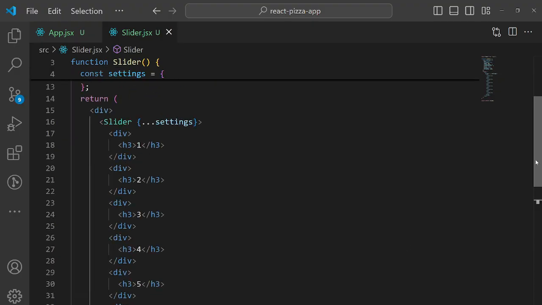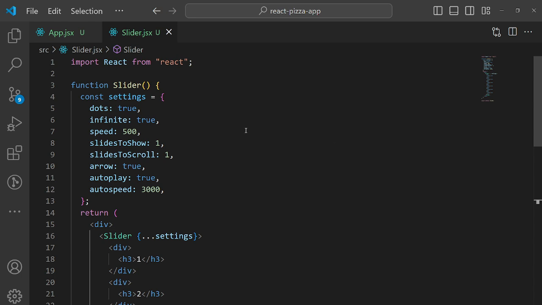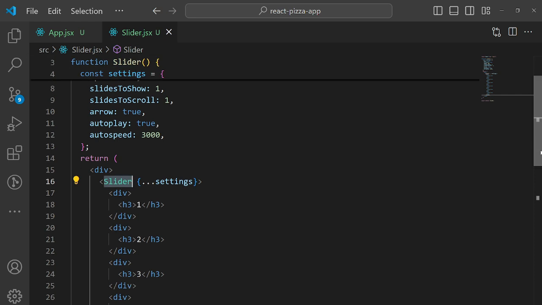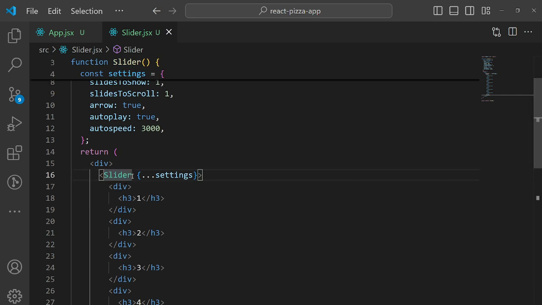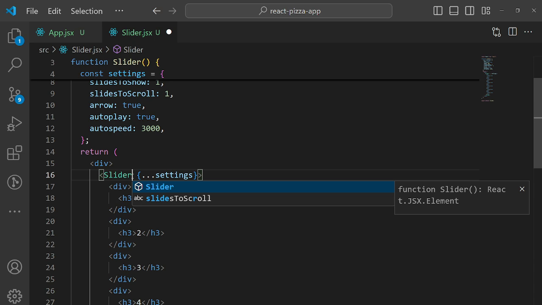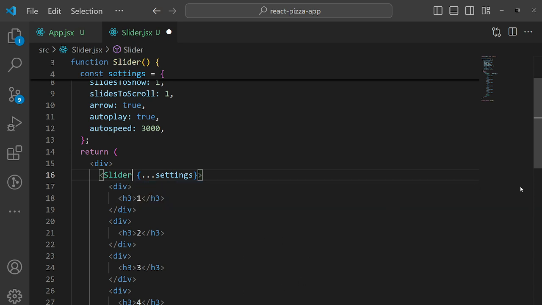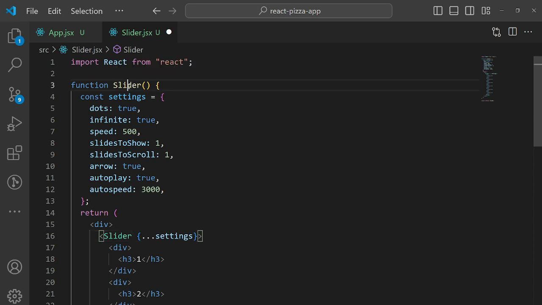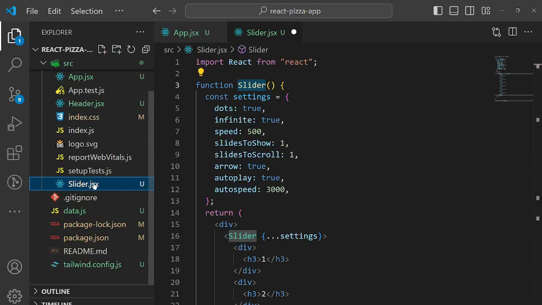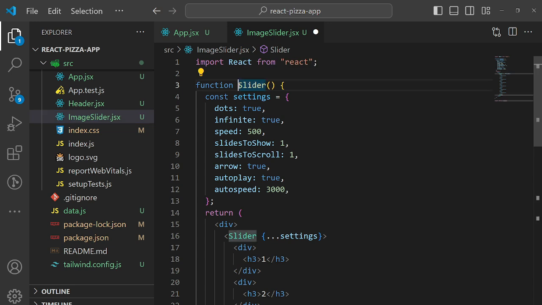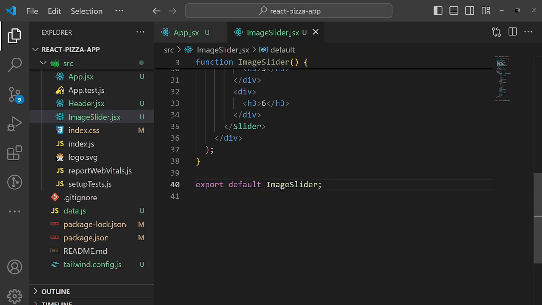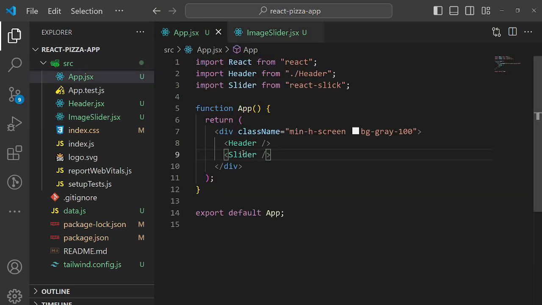So what happened, you can see nothing is working. Okay, the problem is here you can see we have this Slider, so we have to import it from React Slick. Slider is not coming just because we need to change our component name to ImageSlider. Both names are the same, so that's why the problem is happening. So it is ImageSlider, and we need to change this component to ImageSlider and below as well. Save it, and in the App.jsx we need to change